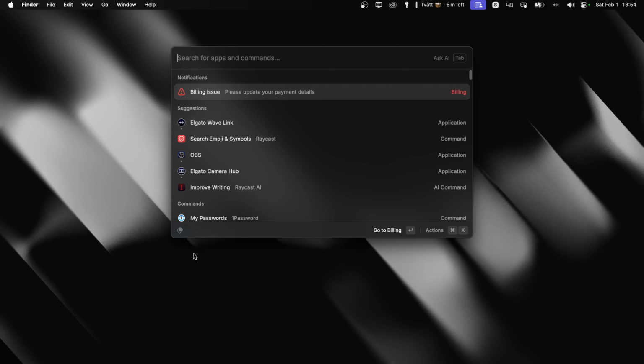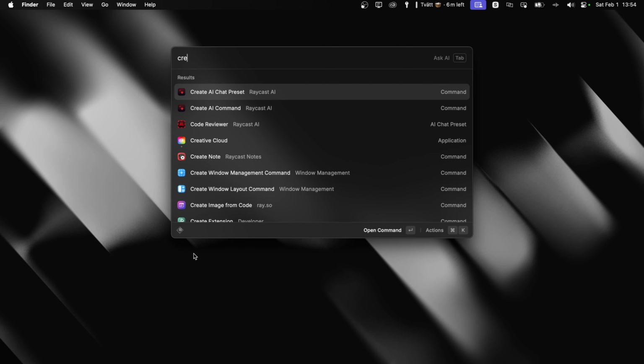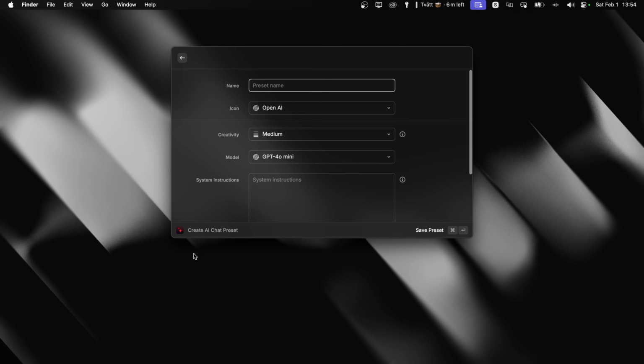So let's now use Raycast AI to transform Kallaway's 3 tips into AI instructions that we can use to create our assistant that will help us create YouTube hooks in the future. So now that we have Kallaway's tips extracted from the YouTube video, let's create our chat preset. So in Raycast, you can search for create AI chat preset, and you hit enter, and you will get to